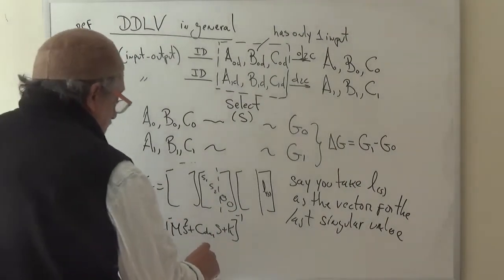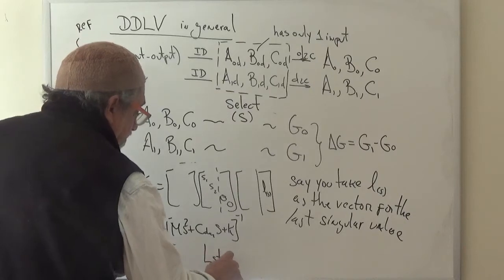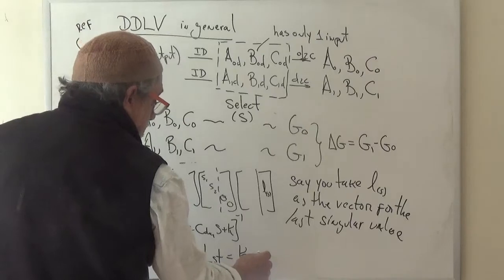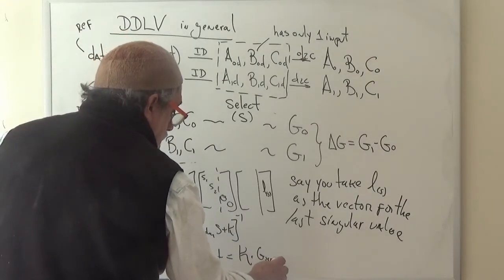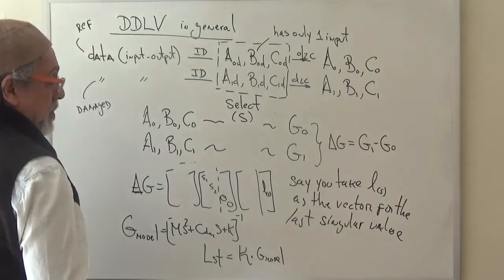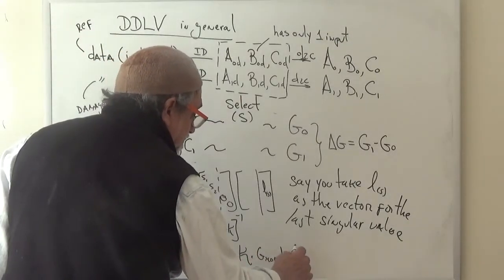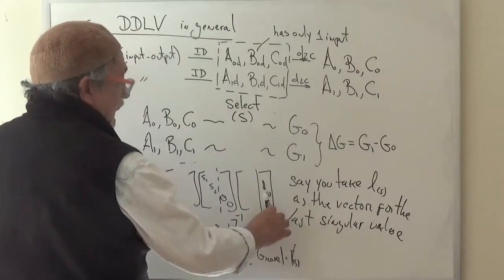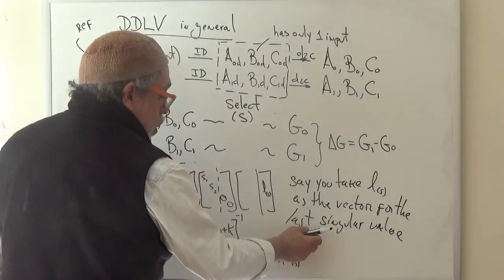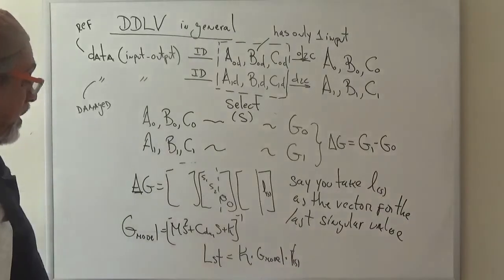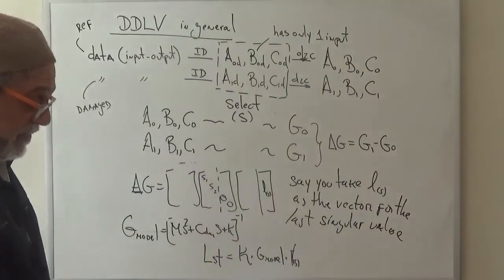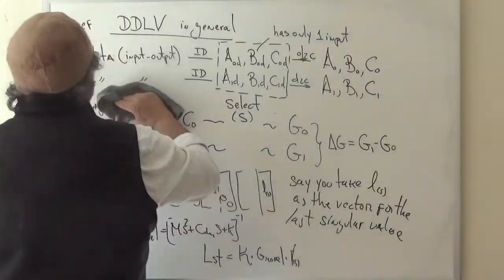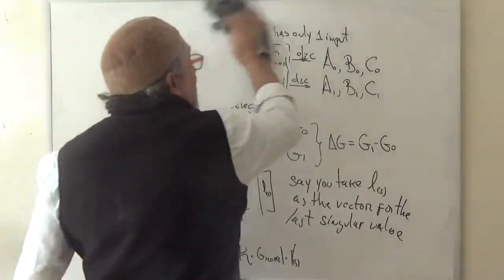Then you compute LST as the stiffness matrix K times your G model times your vector Fs, where your vector Fs is, as I said, the same as your vector LS, but blown up with zeros at the unmeasured coordinates. Now that you have your vector LST, which is a complex vector,